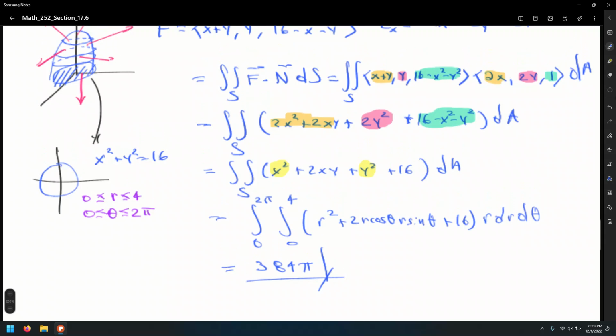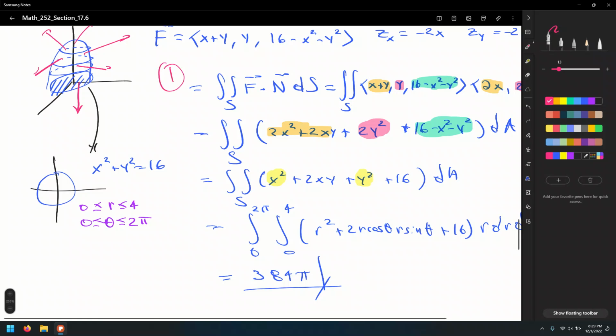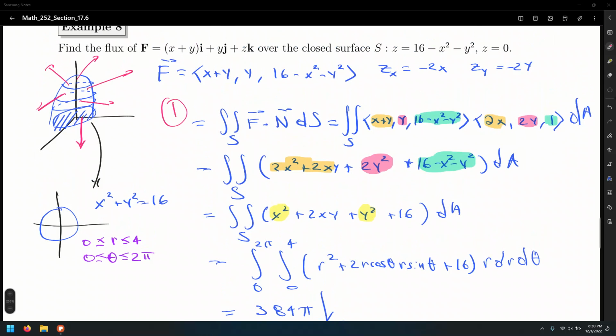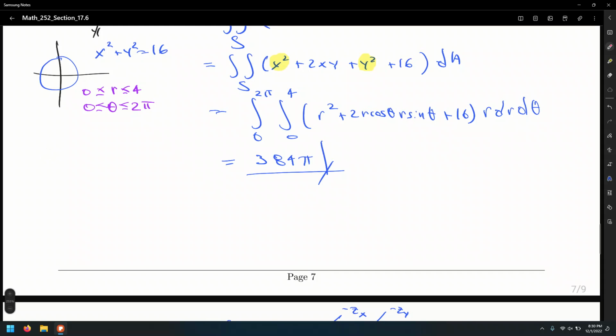Now, this is only the first part. All right. This is only the first integral, but don't worry, the next one is going to be pretty quick. You'll see. All right, so what do we have? Okay, so notice the other function, the function for the bottom part. All right, let me label this as number 2. In this case, the bottom of this paraboloid is given by the equation of the plane. It's not even an equation of the circle because